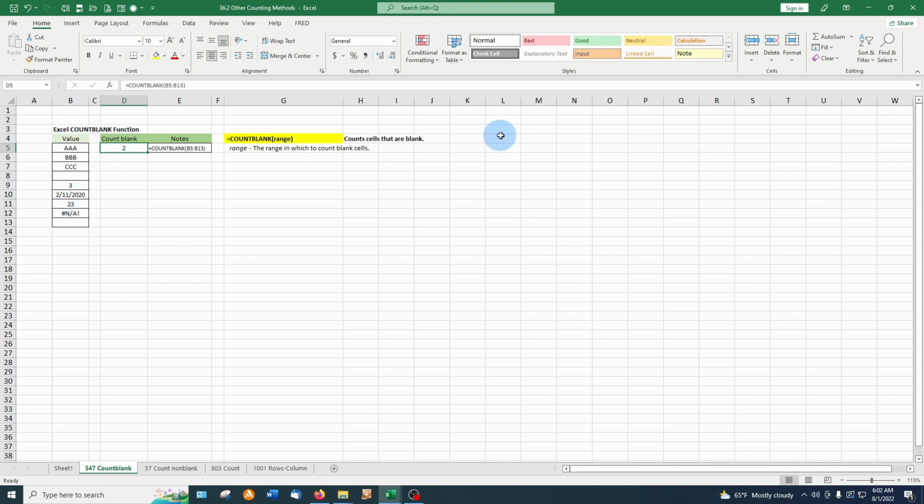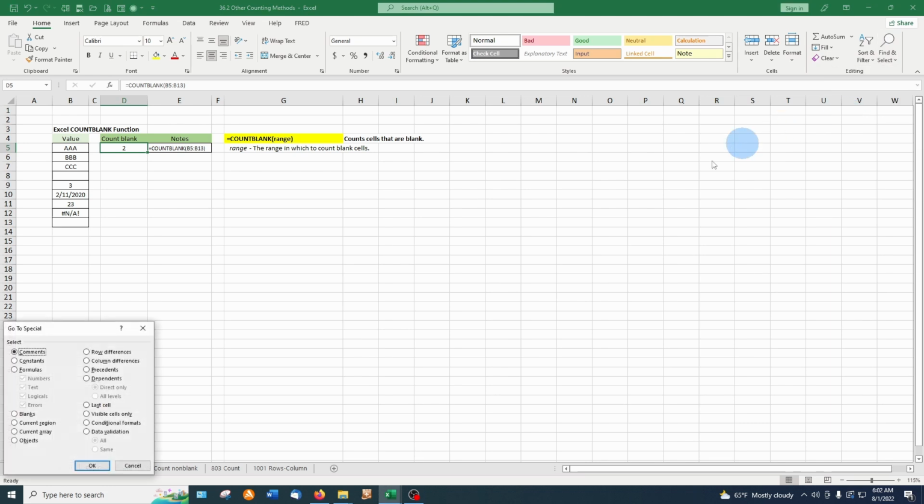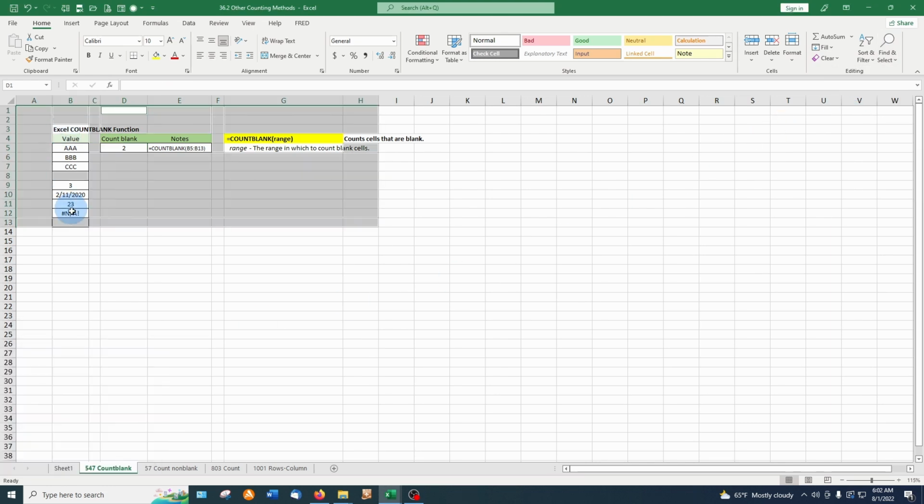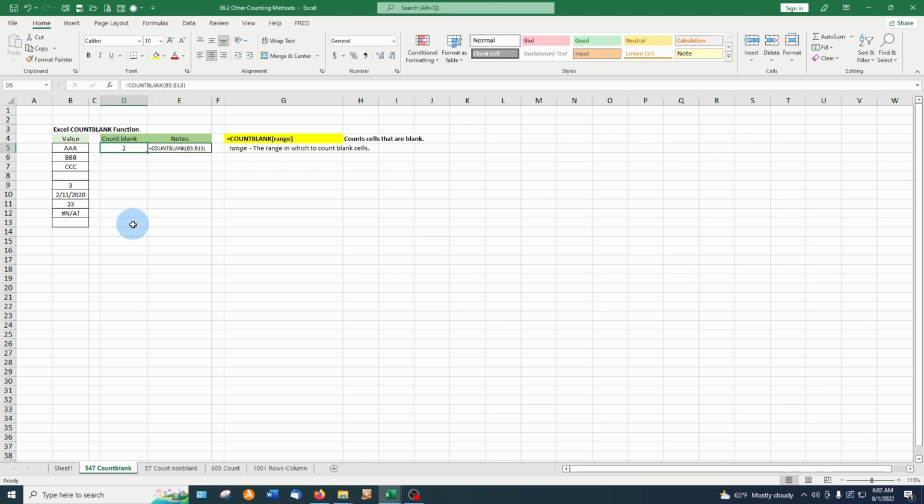It says 2. If you want verification, find and select, go to special, go to blanks. Within the range, you can see there are 2 blanks, but that's just a simple function for counting blanks. Now, as always, I include in notes the formula text, practice this, and then move on to the other examples